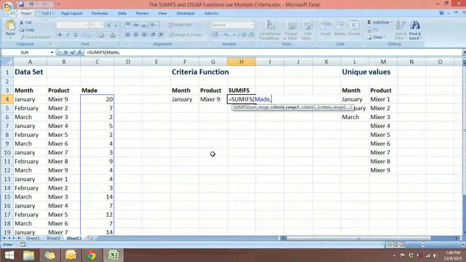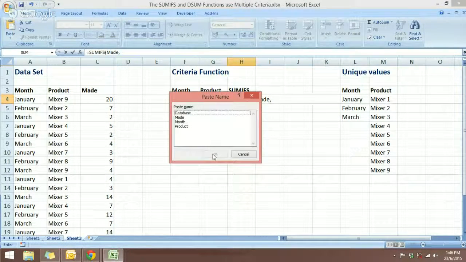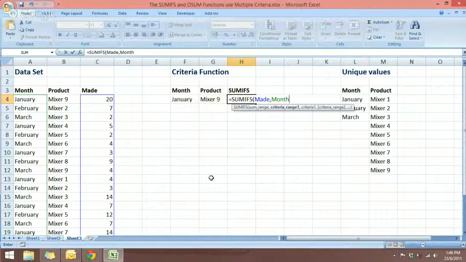So again, I'm going to use keyboard shortcut F3 and I'm going to select month. Okay, and then comma again. Then we point to the value to serve as the criteria, which is this cell over here. Okay, because we want it to be looking for January. Okay, and then we put a comma again,